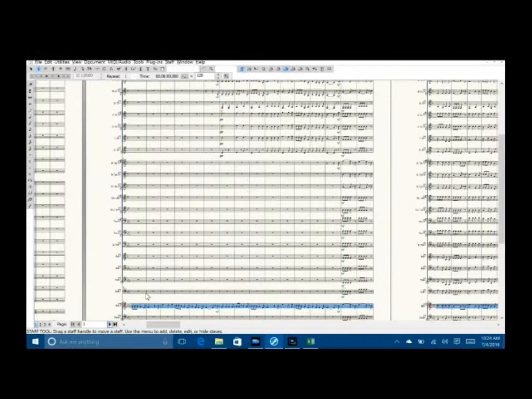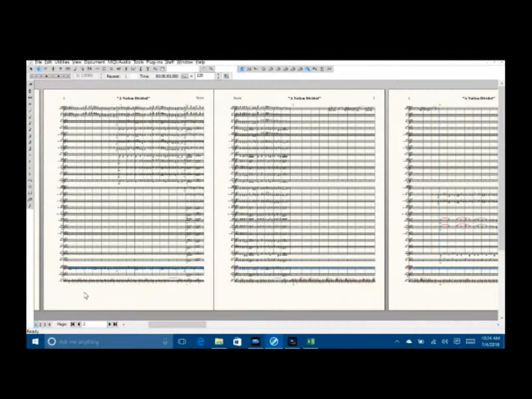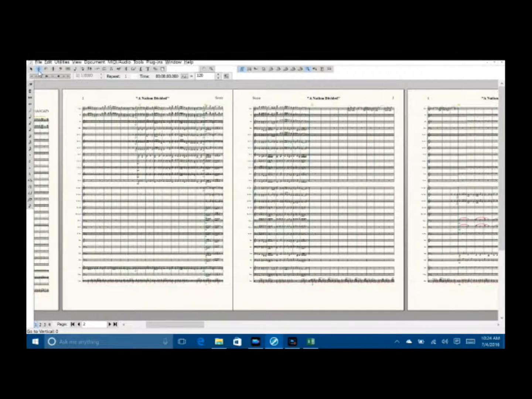Once that has caught up with us, let's go back to the full page top to bottom view up here in our view palette, fit in window, and again we're going to go to page 2, right click and drag to the right just a little bit. We're on the staff selection tool. I'm going to start on the top here and click on the first measure of the second staff, shift end, select it all. Let's do a down arrow, just 2. 1, 2.